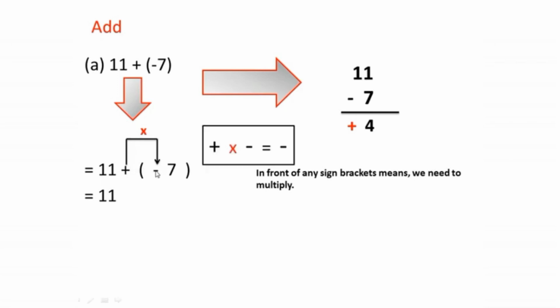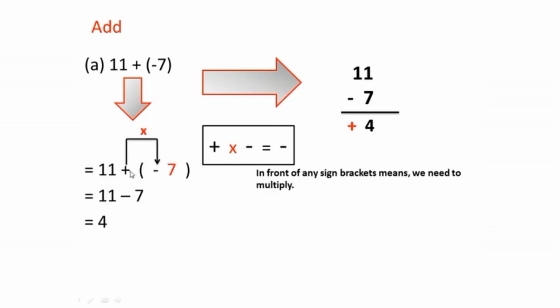Look here, I am multiplying. Here you can see the multiplication symbol. Plus into minus, what happens? Plus into minus, and the result is minus. So after 11 we need to write the minus here. Now 11 minus, and the remaining element is 7. The 7 has to be written here. Look here, 11 minus 7 and the value is 4. So both are matching. 11 minus 7 is equal to 4.